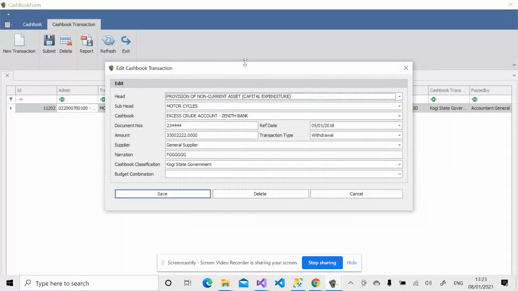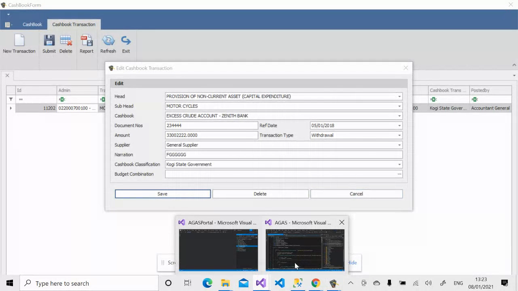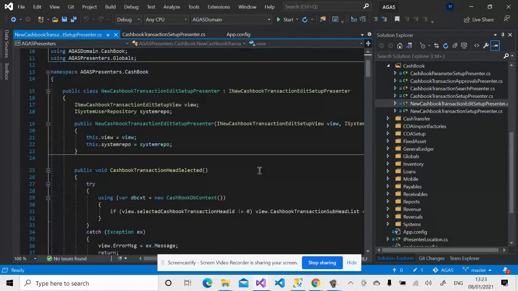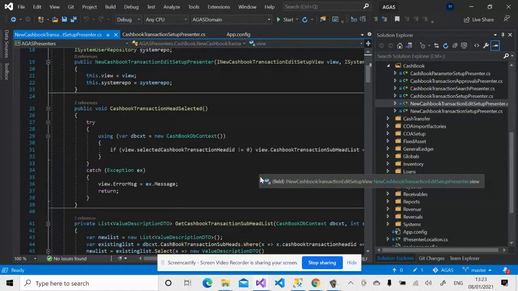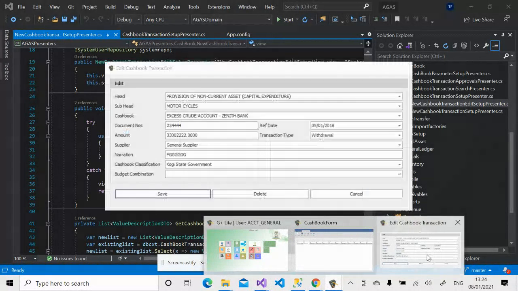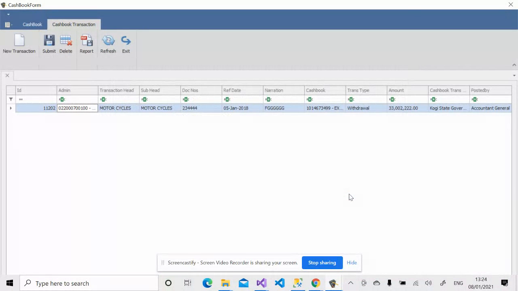For example, this is the editing an existing cash book transaction. So if I want to show you the presenter of this one, I go to the project and I go to new cash book transaction edit setup presenter. So every interface is good to have it at the back of your mind that every interface is mapped to one presenter. So what we're essentially going to do is to convert this application into a web application while using